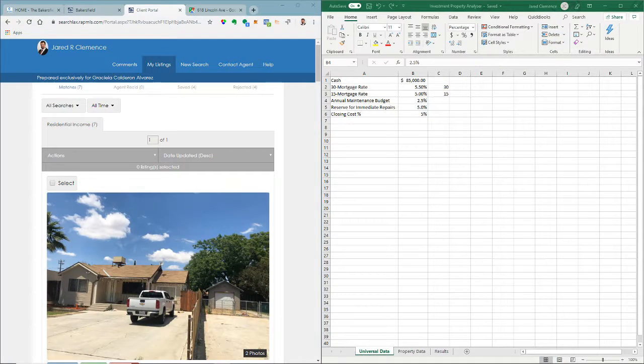This is late 2019. These are accurate estimations on the conservative side for the current investment market. Mortgage rates for investment properties are higher than mortgage rates for owner-occupied properties. So right now we're getting 3.6% for owner-occupied, 5 to 5.5% for a 30-year conventional mortgage. The annual maintenance budget, we're going to set at 2.5%,